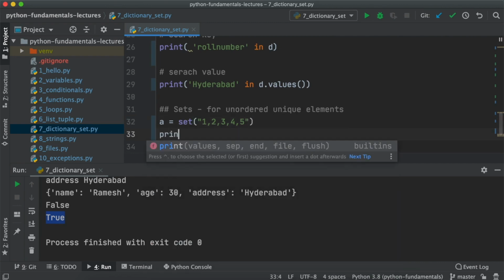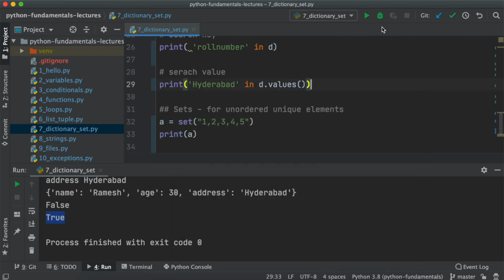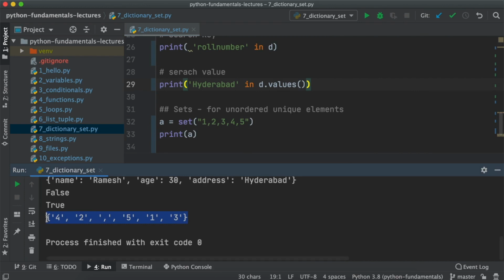Now let's print this A. You see that you get a collection of elements, but the interesting part is you have given these elements in a specific order 1, 2, 3, 4, 5, but by the time you execute, you see that they are in a different order. Now let me try one more time. This time you see again the order has changed. So set does not really worry about the order. That's why we are saying unordered unique elements.